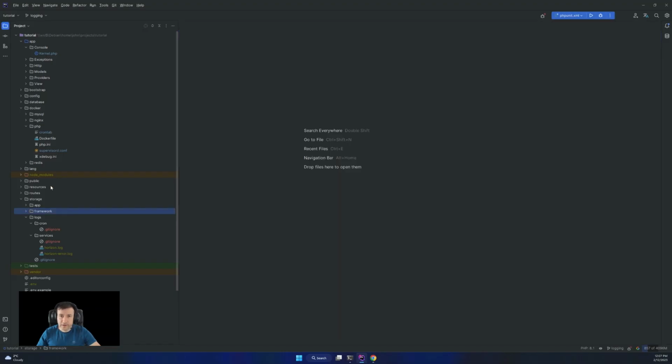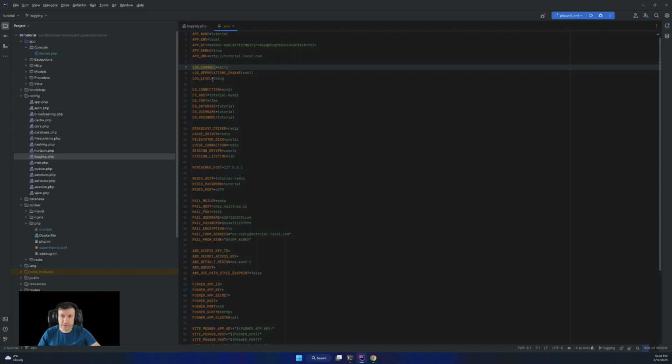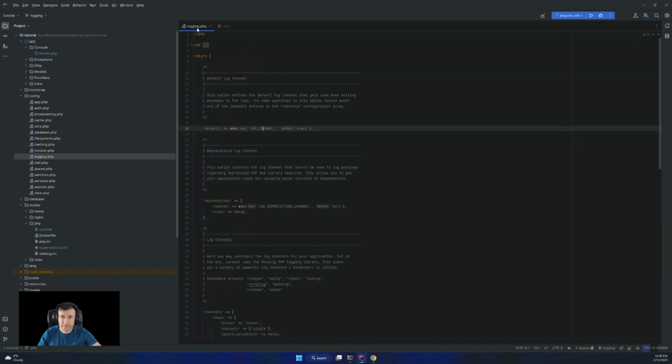The next step is to go to the config logging file and do some extra things. I really like the stack channel, so we are going to use that. Before, we changed it to daily. Now I'm going to change to stack and show you how to do advanced logging in here. So we want to start from debug and use the stack channel.